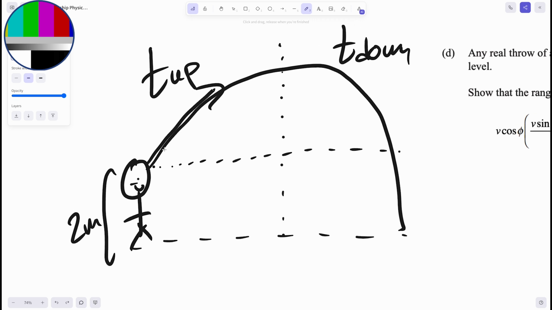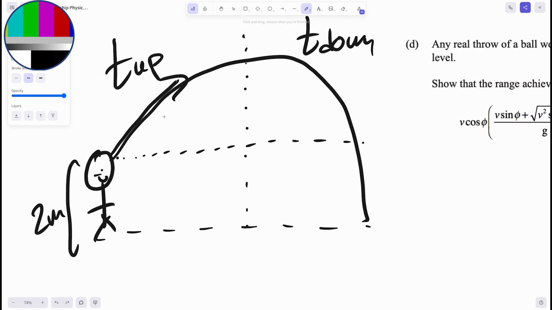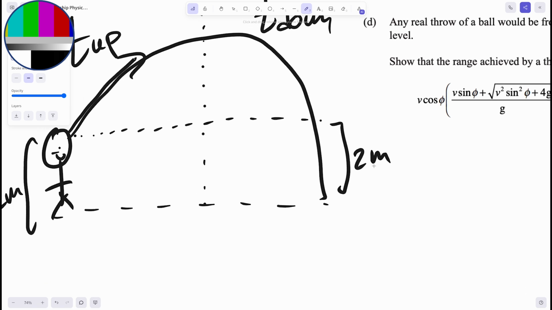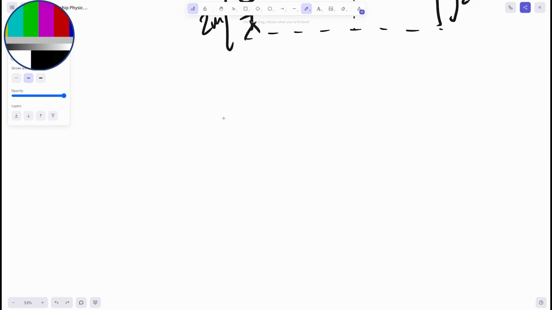So for the first half, we treat it as a regular parabola, and then for the second half, we can mirror whatever this value is, and then we plus 2 meters at the end, right? Because that is going to be 2 meters over there. So in order to get the time taken to travel up, we can say that Vf is equal to Vi